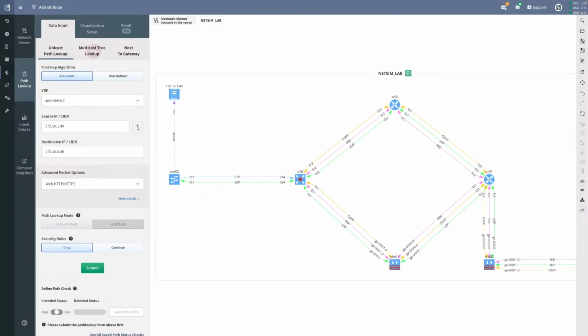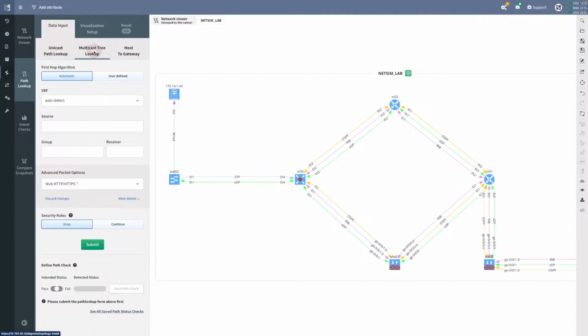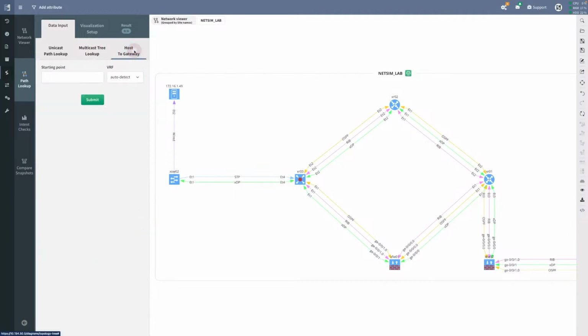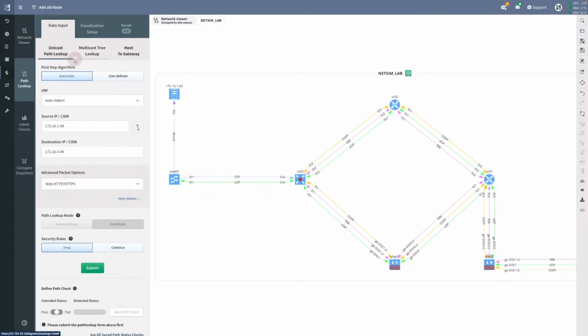We have the unicast path lookup. We can select the multicast tree lookup as well if we want, defined by a concrete group and the receiver. We can simulate a very simple host to the gateway, but we will focus here on the unicast source to destination path. So the only thing we really have to do to find the right path is put in the